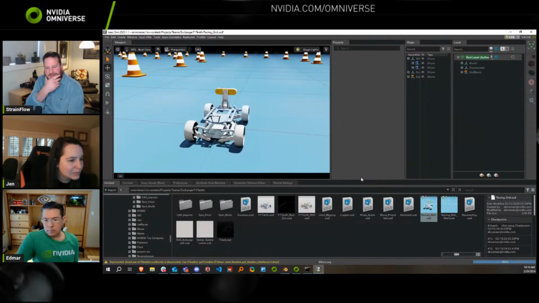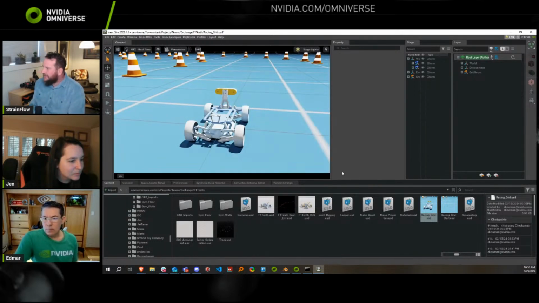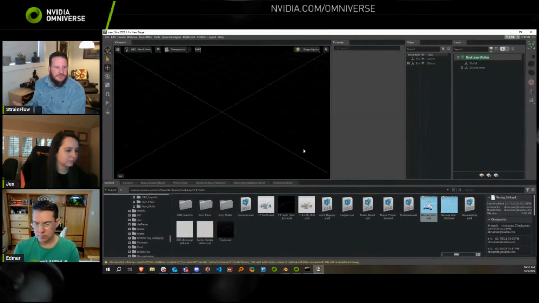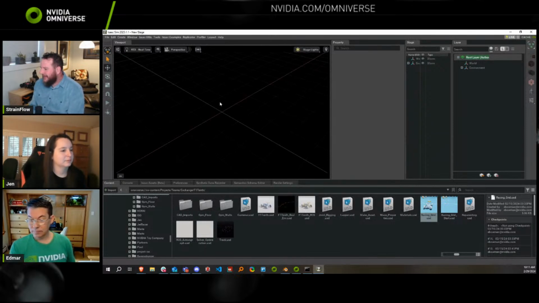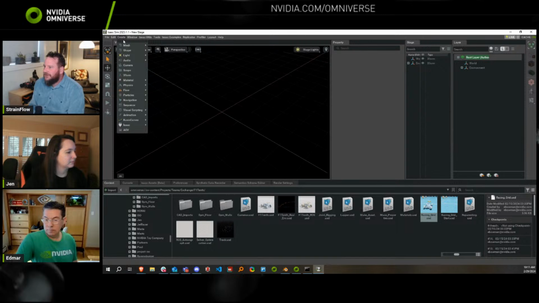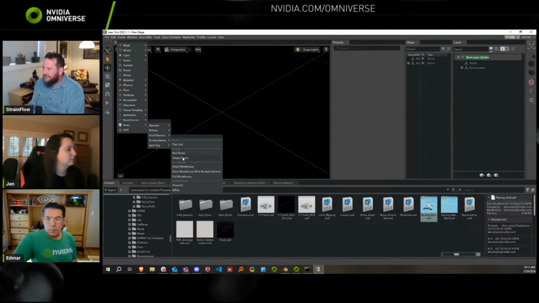And I think I'm going to start a fresh scene here. Let's go to File, New, because I don't want to use the same cones. I don't want to have as many cones because I have to actually set them up when I go across the sim-to-real gap. And right now there's a lot of cones. So let's start with just, let's create Isaac environments. Let's do a simple room. Let's see what that looks like.